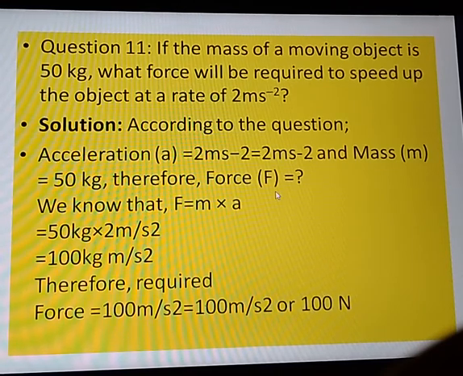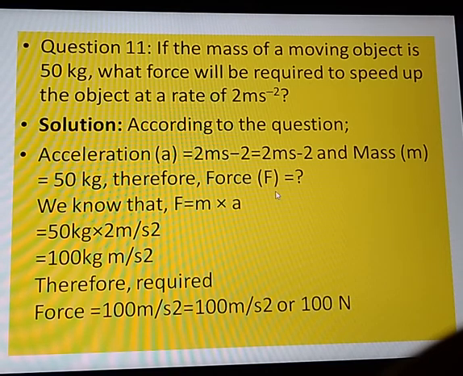Dear students, in this type of question, you have to notice only that all quantities should be in SI units, and you should have knowledge of the formulas. For example, momentum is equal to the product of mass and velocity. Force is equal to mass into acceleration. Mass is equal to force upon acceleration. Acceleration is equal to force upon mass. So try this type of question